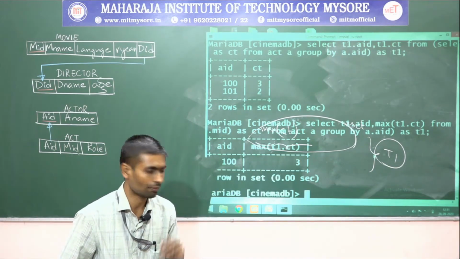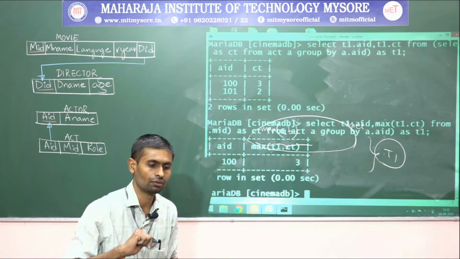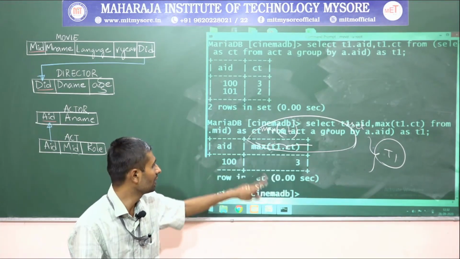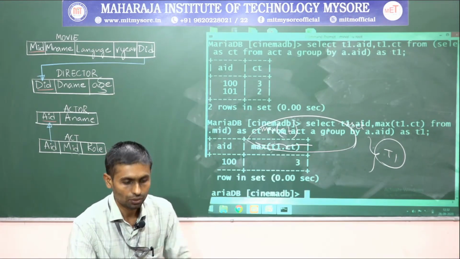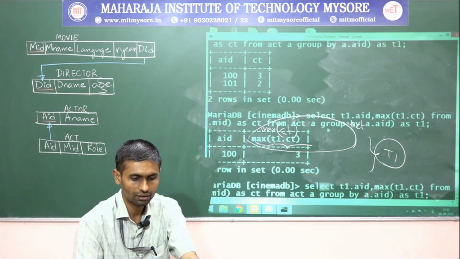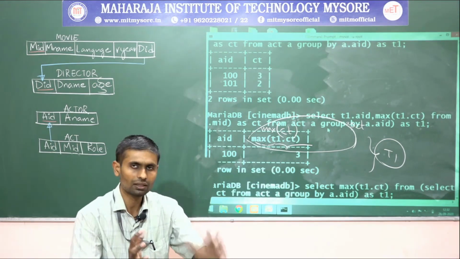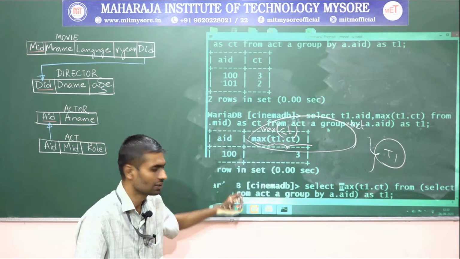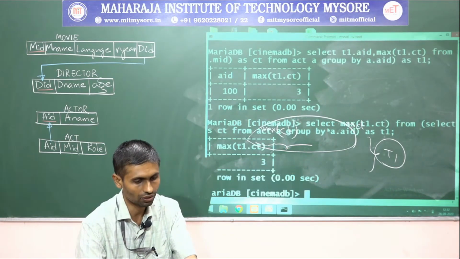The max function always gives us a maximum value, but its corresponding value is not guaranteed to come with it. Suppose 3 occurred at the second position, then it doesn't retrieve the right answer. So how can we resolve this? As usual, we get half of the answer that is right, extract it, and try to build the other half. Max of CT, yes, we got 3.